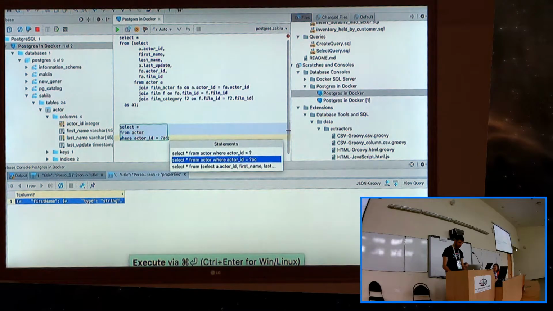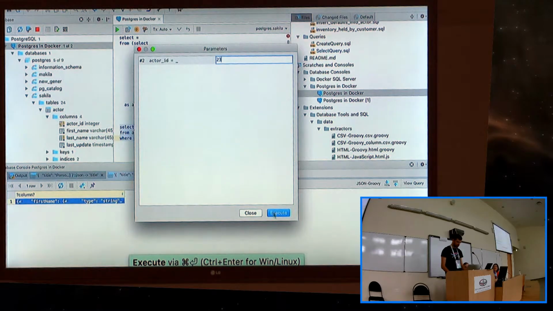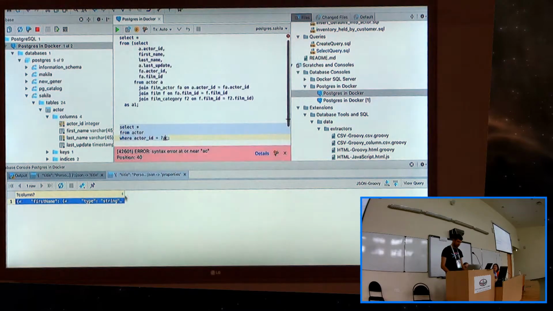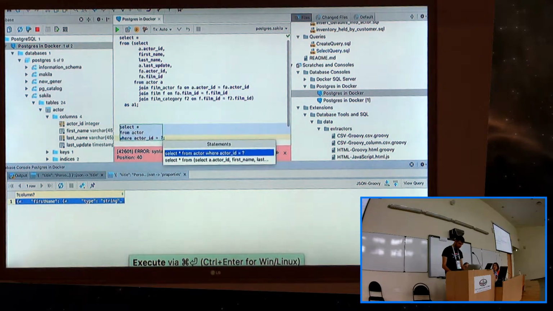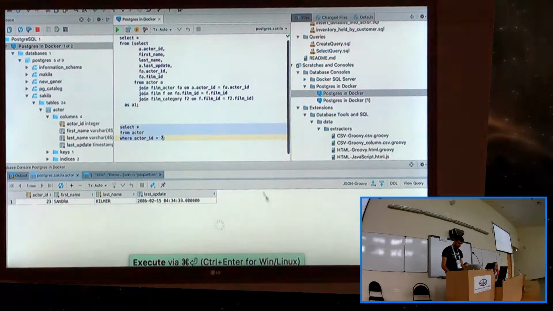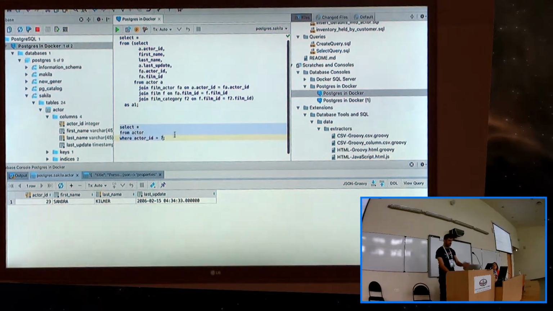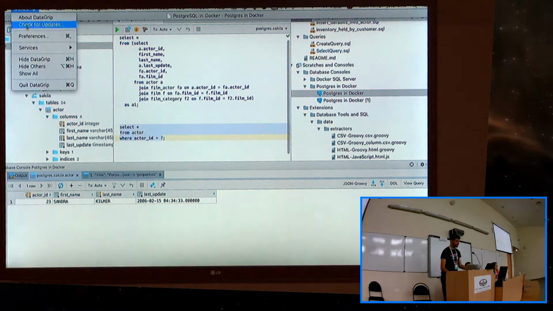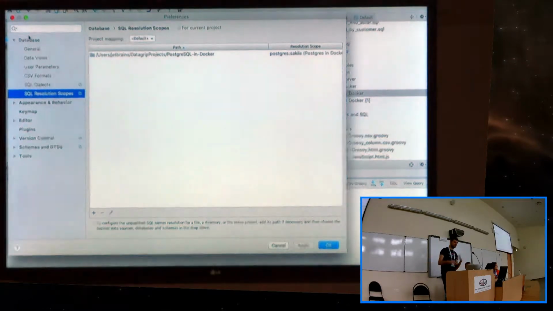I can choose actor ID, insert 23, execute, and it doesn't work. It should work like this. Yes. So you can choose your own parameters and define them in the settings,